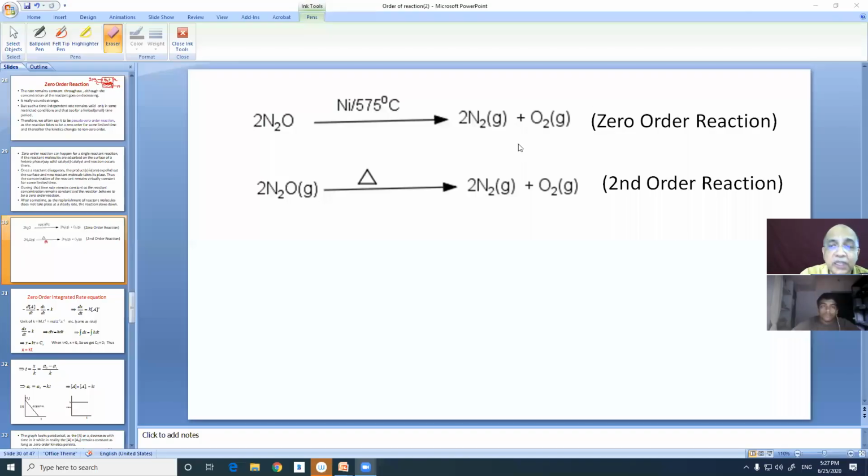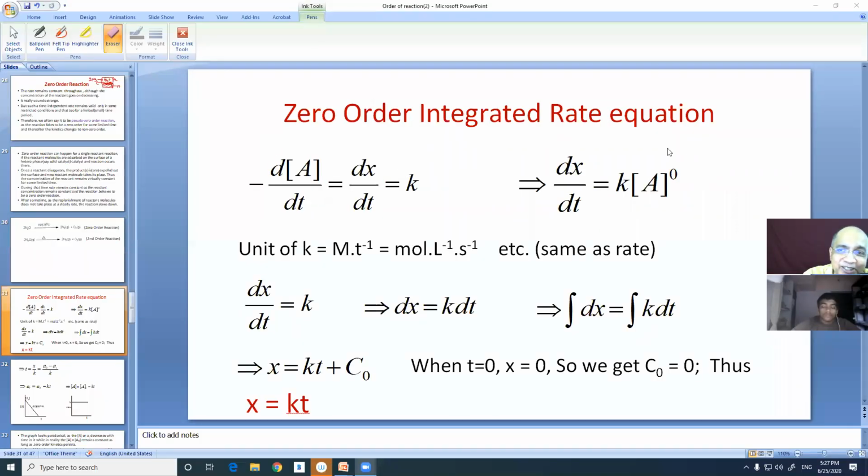Okay, now see, to do the integration here, just have a look. dx by dt in this case is equal to k into reactant concentration to the power 0, because it is remaining constant. We have to presume as if it is concentration to the power 0. It carries no meaning, but if somebody asks us what is the order with respect to A, we have to say it is zero order because it is remaining constant. Therefore, since the rate is remaining constant, the order is bound to be zero order with respect to A.